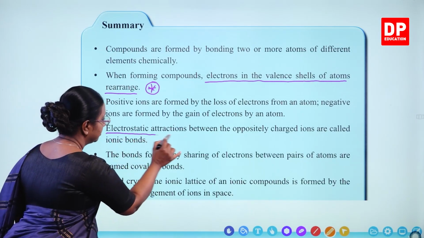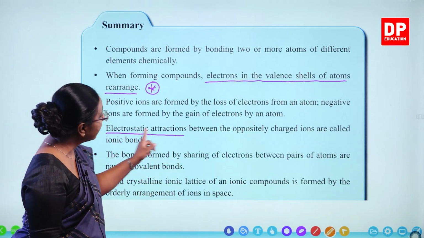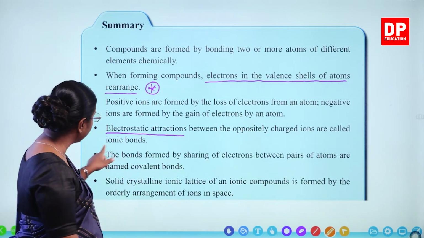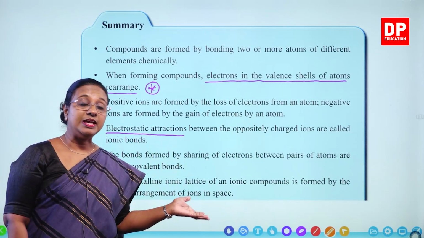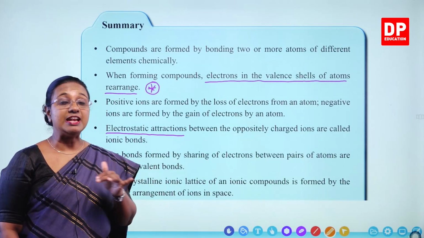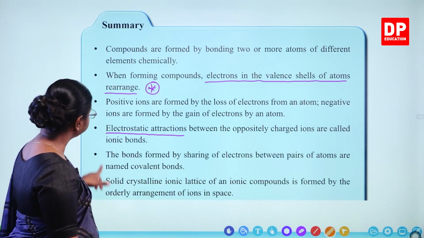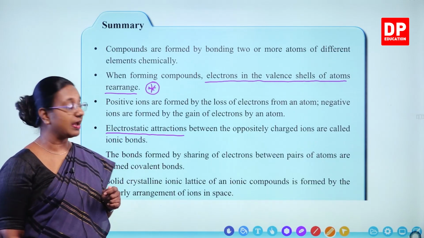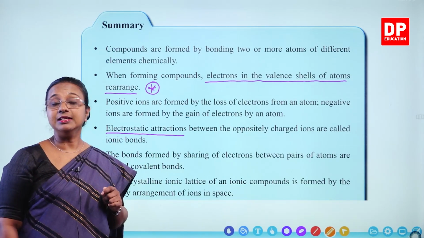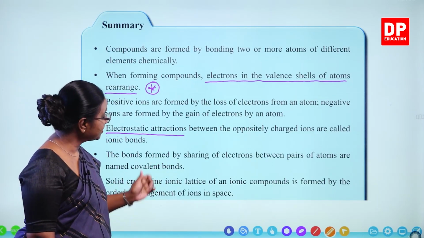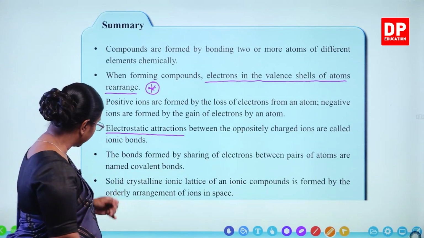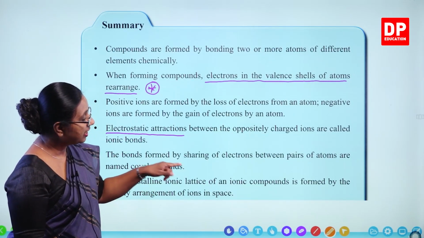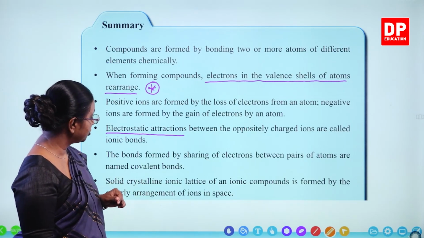Electrostatic attractions, another term you have to remember. Electrostatic attractions between the oppositely charged ions are called ionic bonds. So between a cation and an anion, positive and negative charges of the ions. The bonds formed by sharing of electrons between pairs of atoms are named covalent bonds that lead to covalent compounds. And the solid crystalline ionic lattice of an ionic compound is formed by the orderly arrangement of ions